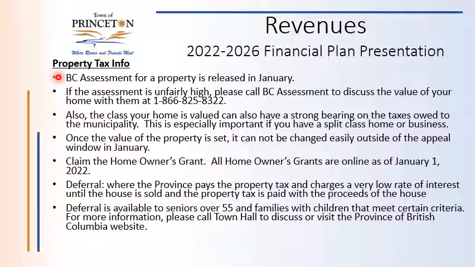So the BC Assessment information is usually released in January after what BC Assessment releases what they call the completed roll. So BC Assessment will issue 2 rolls a year. One will be the completed roll, which gets released just after the new year. That's where you get your form from. It gives you information on how to appeal your assessment, and yeah, that's the one that gets everyone sort of bothered with the whole system.